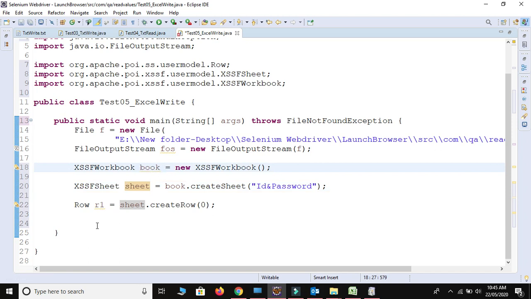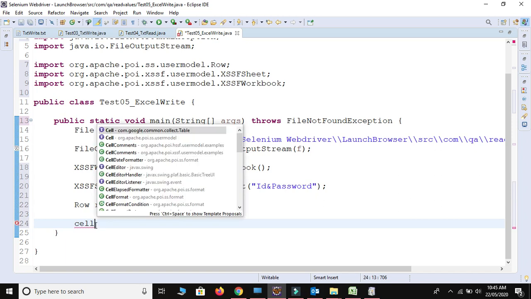Now we are going to create a cell. So we use the Cell interface. Look guys, there are two different Cell interfaces. One comes from com.google.common.collect.Table, but we need to take the Cell interface from our Apache POI jar. So when you import any interface or class, be careful which package it comes from.